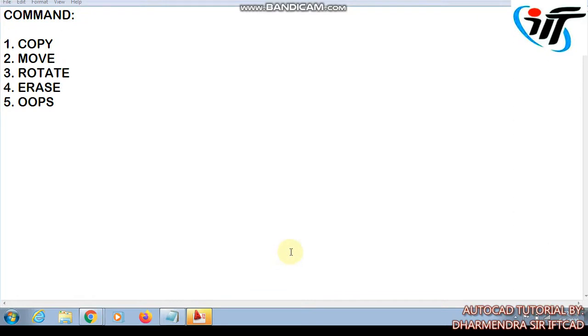how to use copy, move, rotate, erase and oops commands. These are the most used for modifying any object after drawing. Now opening the CAD screen,